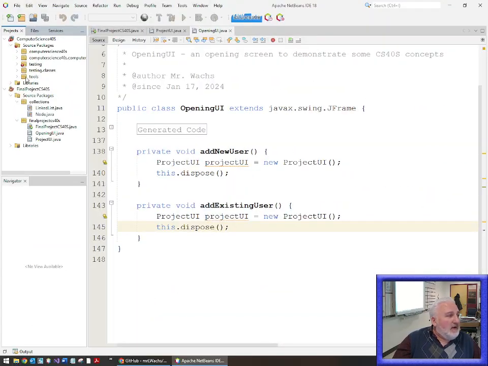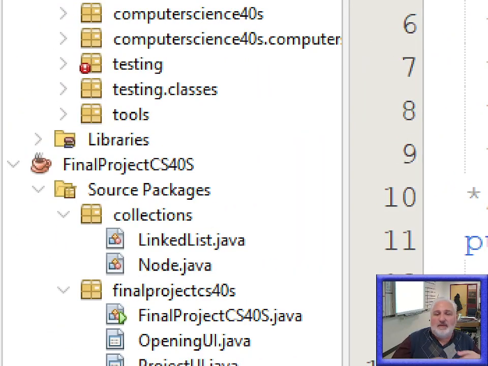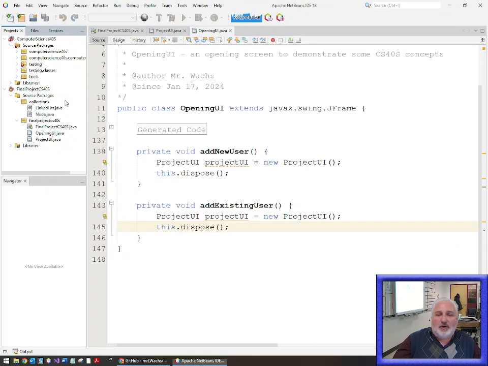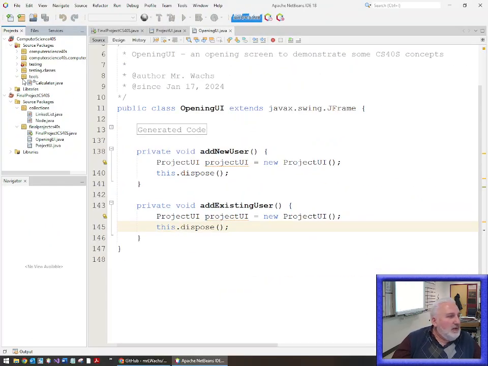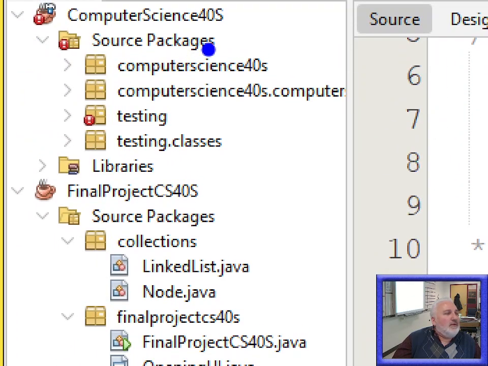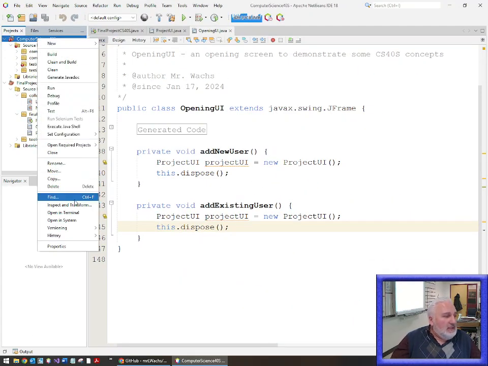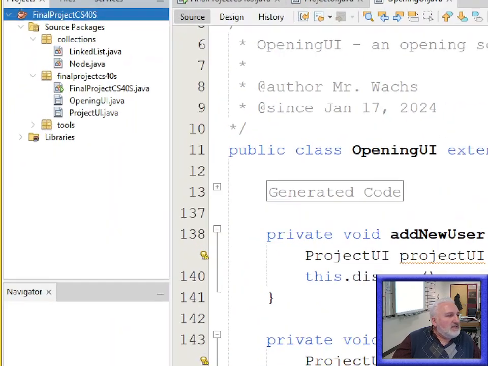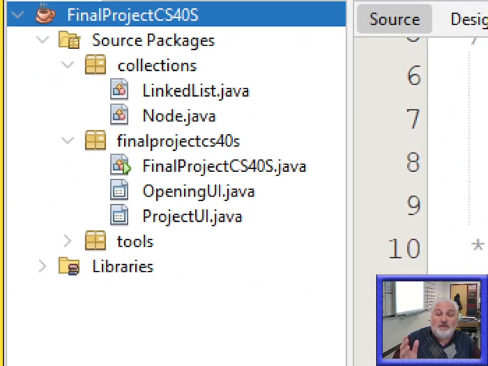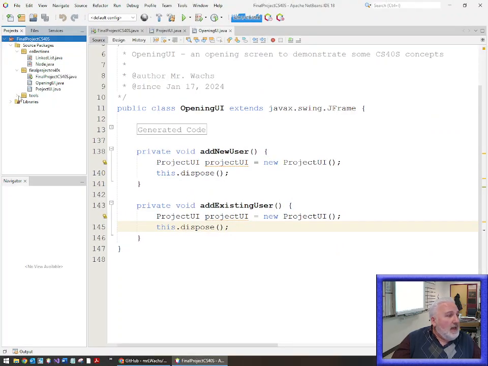Now there might be other stuff. Maybe I don't need anything from the advanced classes unit, but maybe some of the stuff from recursion, those tools, like a calculator, maybe that would be useful. So I could also theoretically drag and drop that in there as well. Then maybe I think, okay, I'm done with this 40S. I don't think there's anything else I need there. Now, I'm going to delete it now. So now I can just focus on this new final project that I'm working on, and I have all these